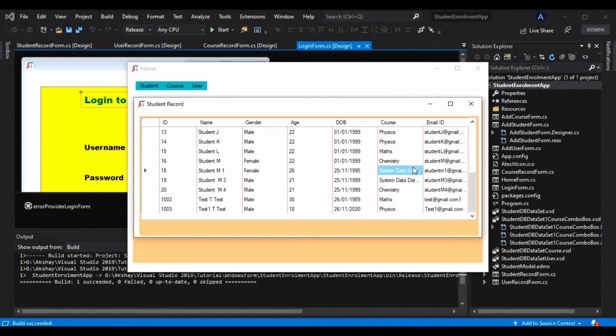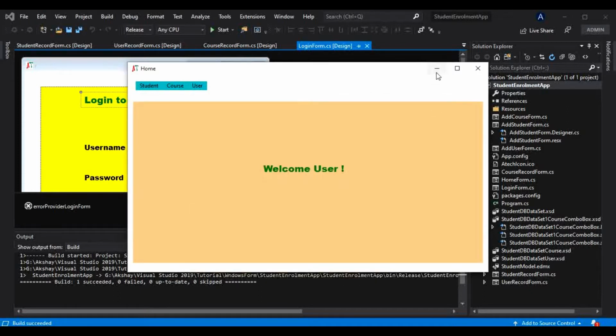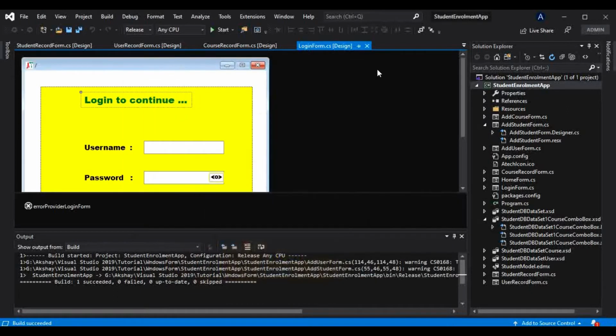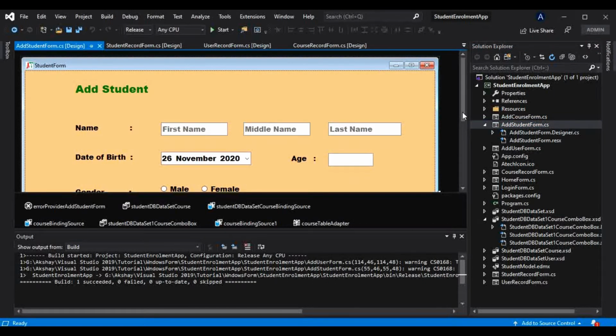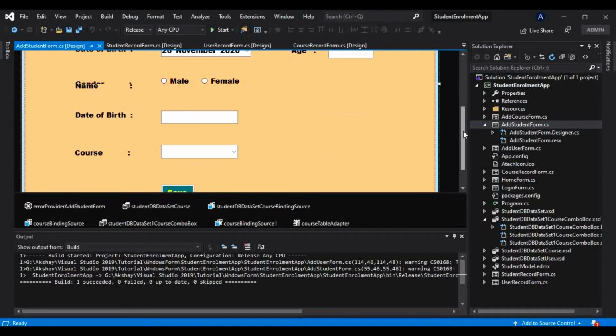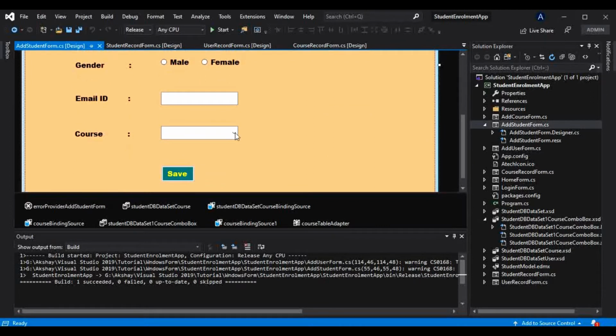Because, if you recollect, in the previous tutorial, while adding those students, let me go to that form. While adding the student in the database, we let the user select the course from this drop down menu.